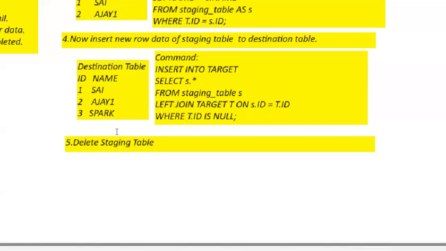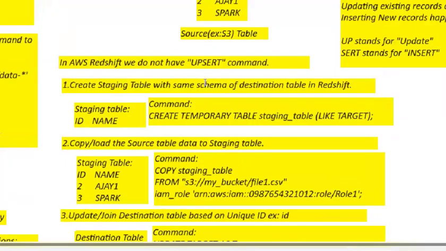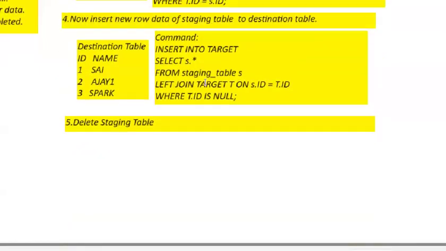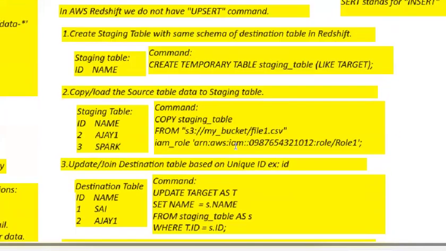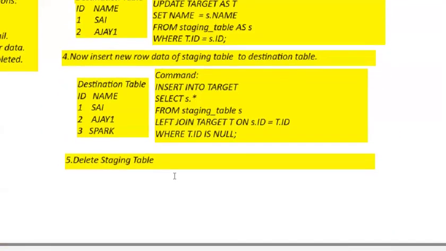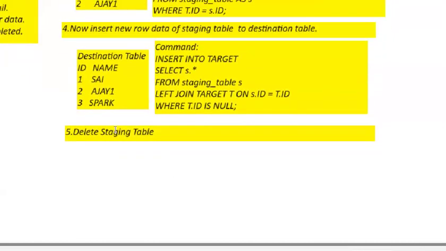So what is the last step? That is deleting the staging table. It will be automatically deleted after executing all these commands once. Since the table we created is a temporary table, it will be deleted immediately after executing all these queries. So now let's write the whole